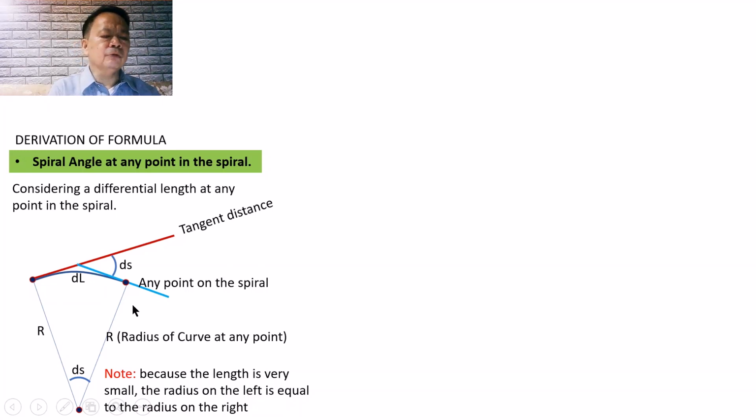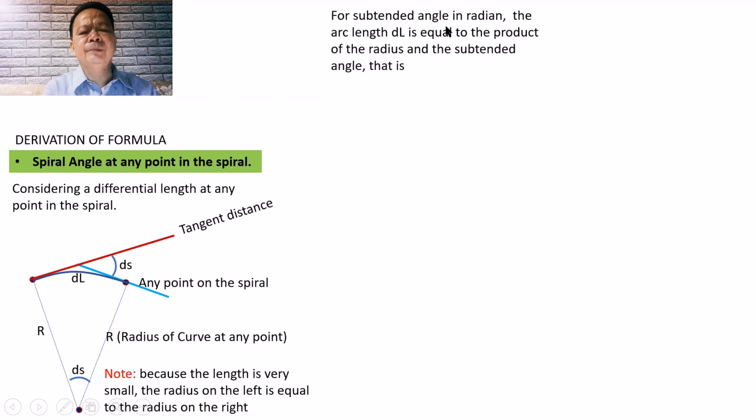Diba? Now, kung titignan natin dito at i-recall natin yung ating understanding about trigonometry, sabi dito, for a subtended angle in radian, the arc length dl is equal to the product of the radius and the subtended angle. Diba? If the subtended angle is expressed in radian. So that, in this case, yung ating dl will be equal to r multiplied by that differential subtended angle ds. Right? So that if we are to simplify and solve for ds, because we are looking for ds,